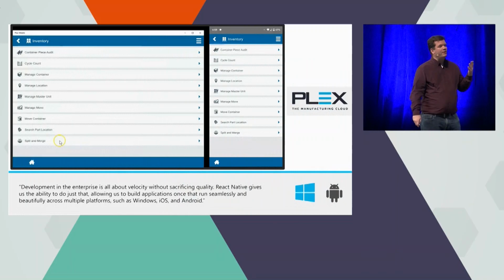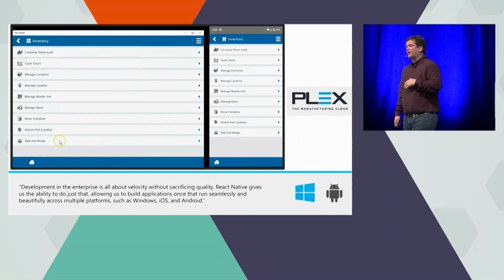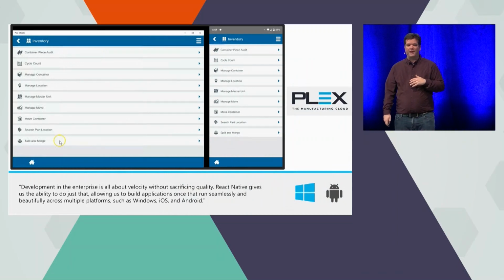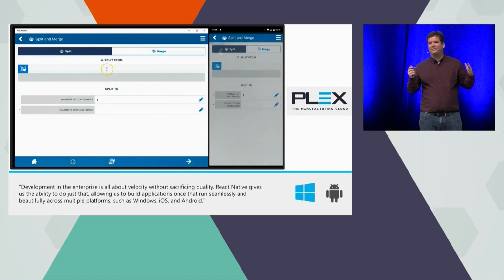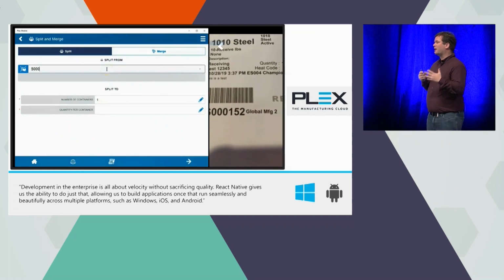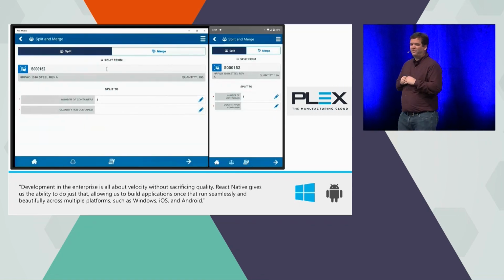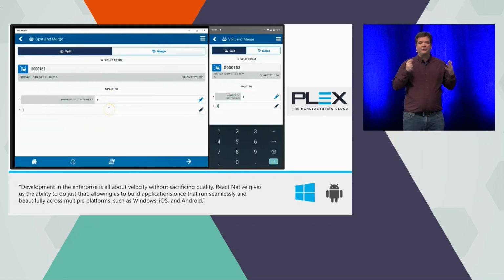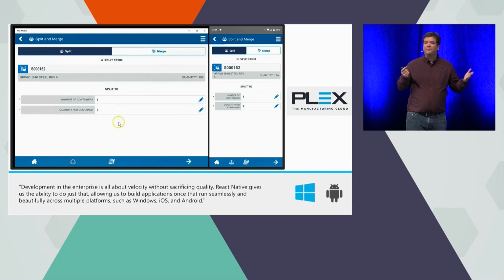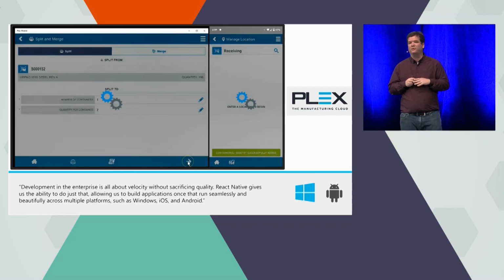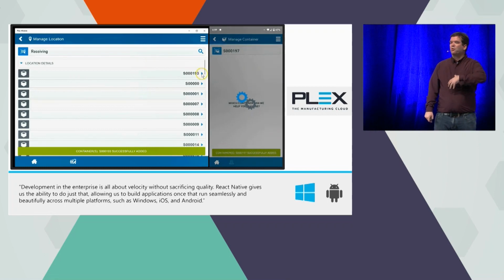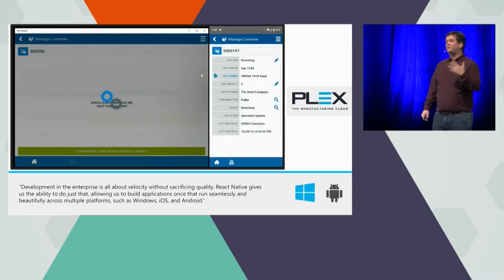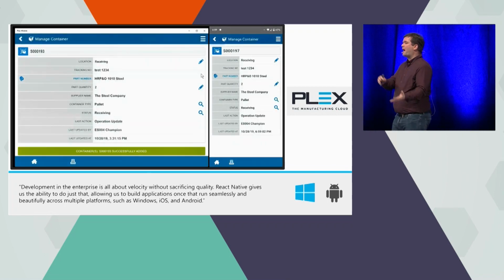So just as one example of this, Plex is a company that makes manufacturing software that works across a number of different devices and connects to back-end manufacturing supply chain types of applications. What we did was take React Native, which is a flavor of React technologies that helps you build native experiences on devices, and made a really great implementation that runs on top of Windows. And what this empowers Plex to do